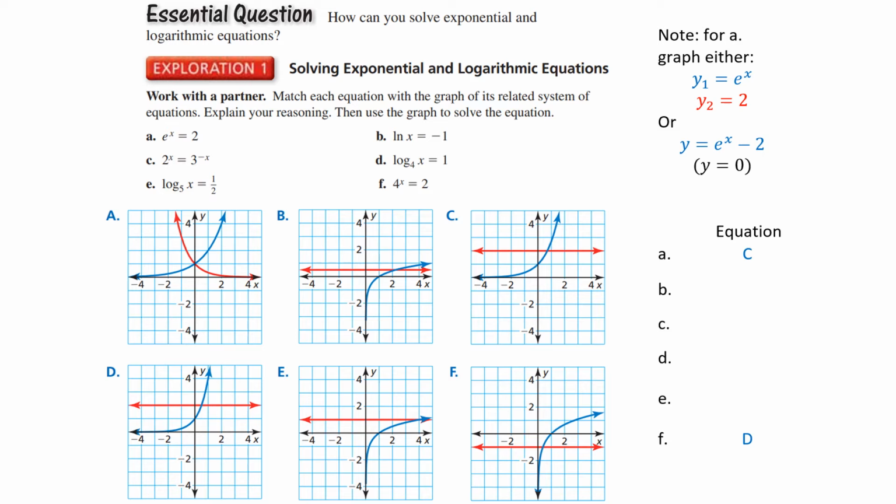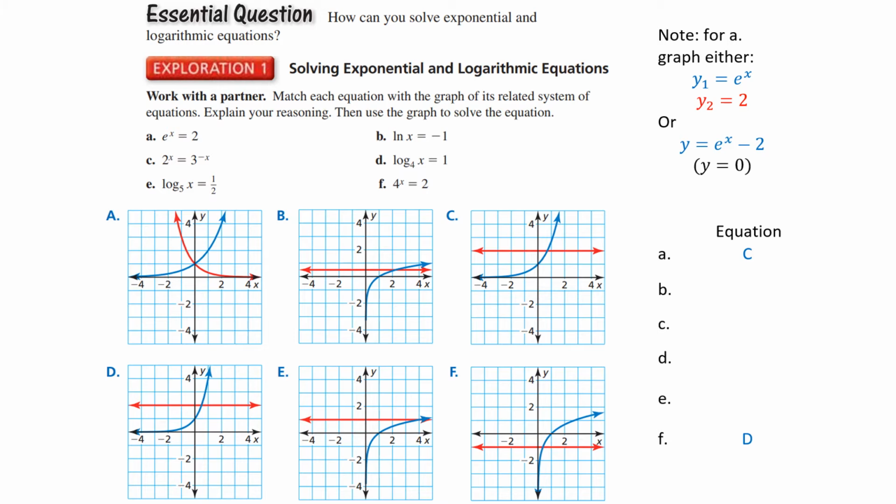Looking at those 6 graphs, we've taken care of the 6 equations, we've taken care of A and F. I'm going to turn my focus now to equation C, because notice that also is exponential, 2 to the x and 3 to the negative x, whereas B, D, and E are all logarithmic. So I'm going to focus in on C and realize that 2 to the x is going to show exponential growth. The only other one that shows exponential growth is graph A,